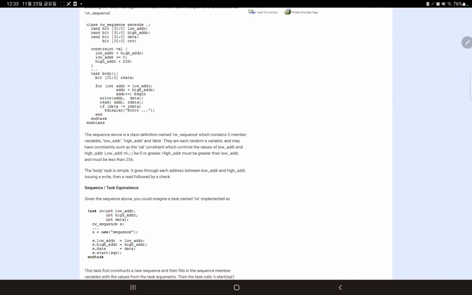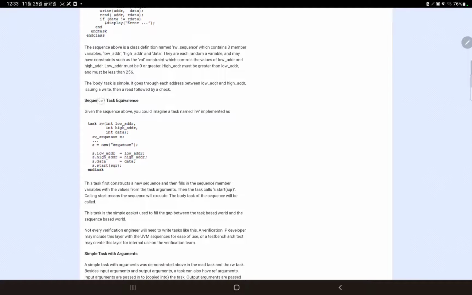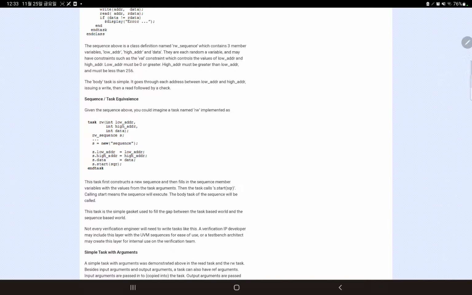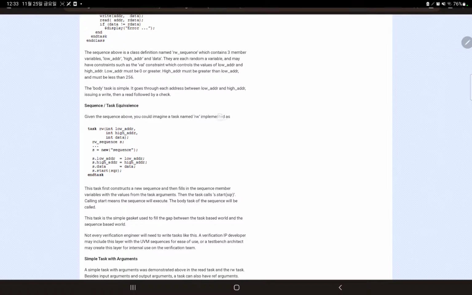The low address must be 0 or greater. The high address must be greater than low address and must be less than 256. The body task is simple. It goes through each address between low address and high address, issuing a write, then a read, followed by a check. Next is sequence and task equivalence. Given the sequence above, you could imagine a task named RW implemented as: